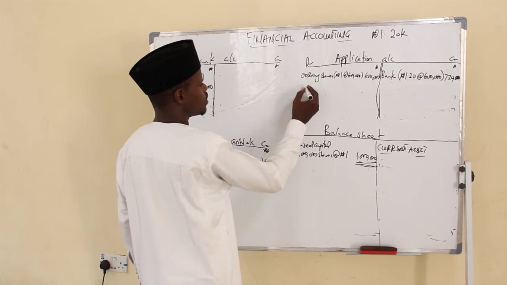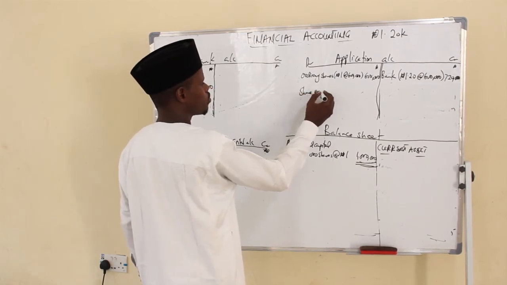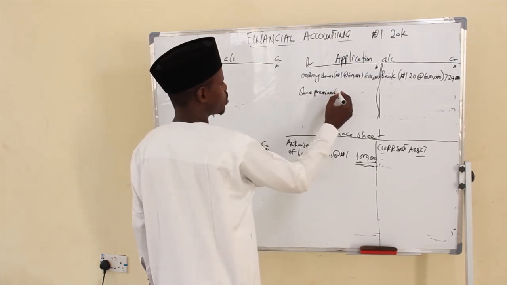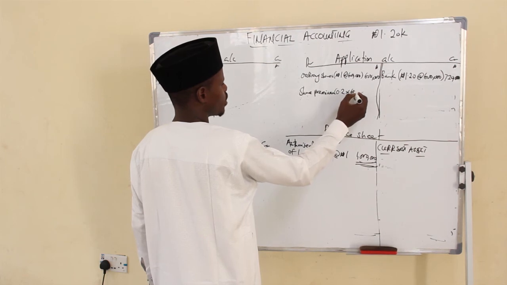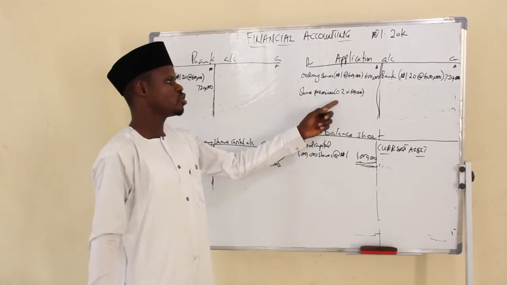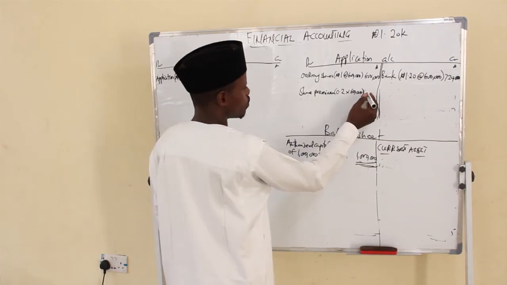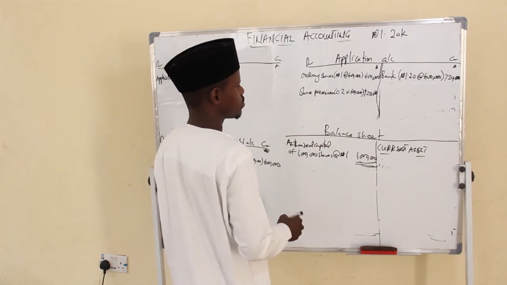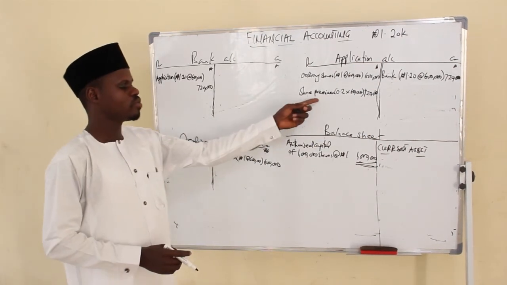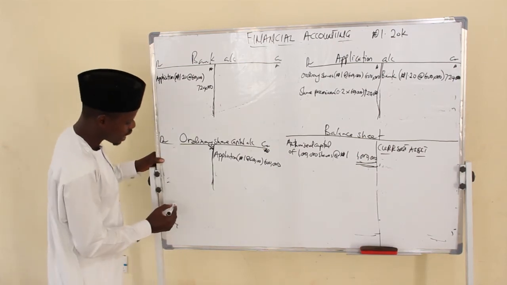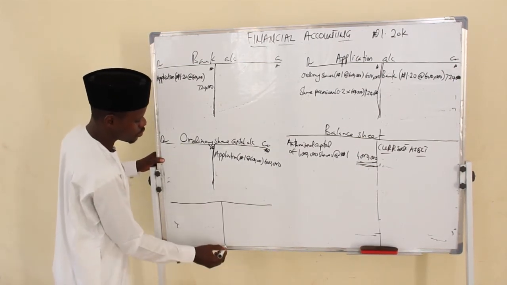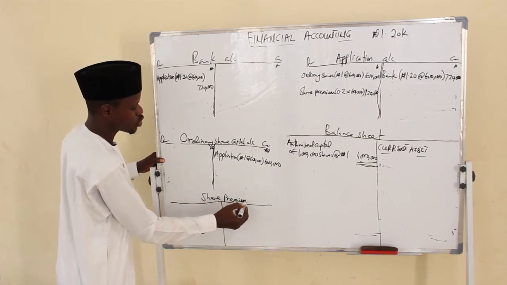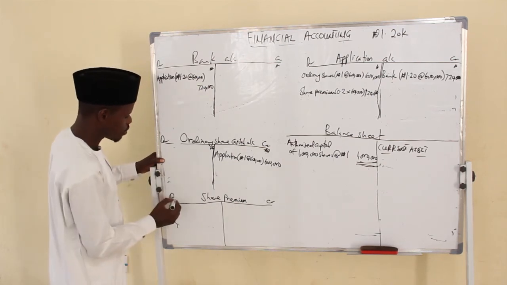Now the remaining balance will be what we call a share premium. And what's the share premium? This 20 kobo, 0.2 multiplied by 600,000. 0.2 multiplied by 600,000 will give you 120,000. Now, since we have a share premium here, it means we need an additional account. We call it a share premium account. This share premium account was prepared because you have decided to sell your shares at a price higher than the